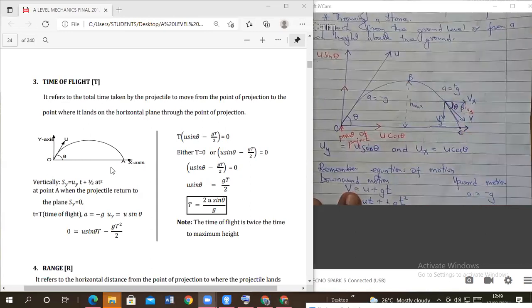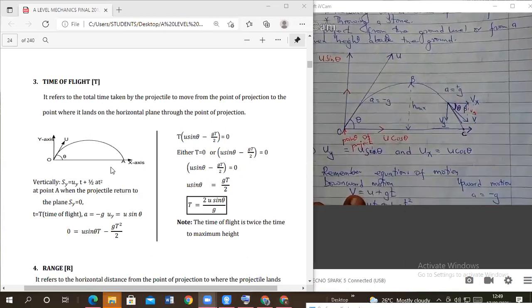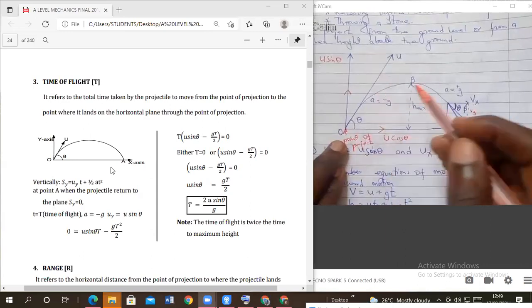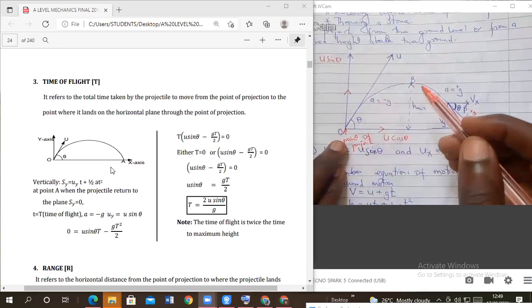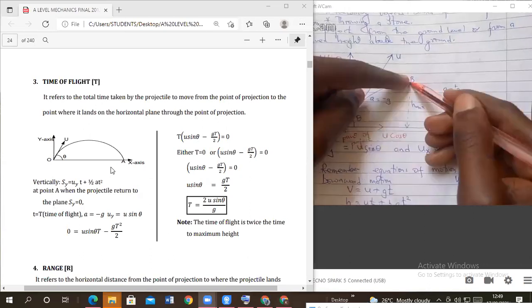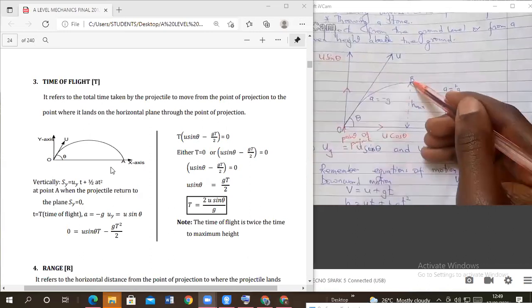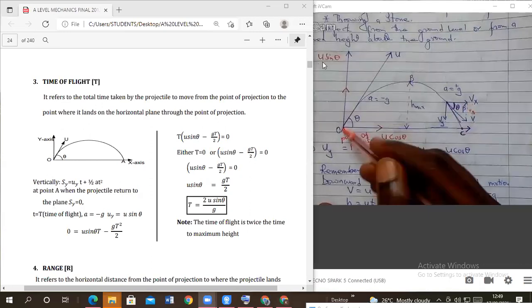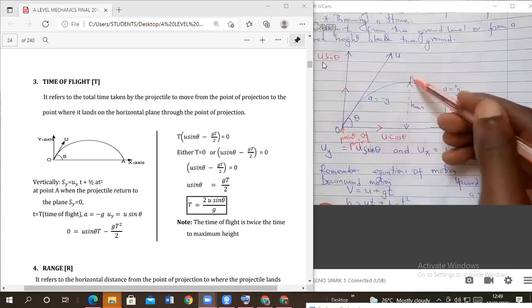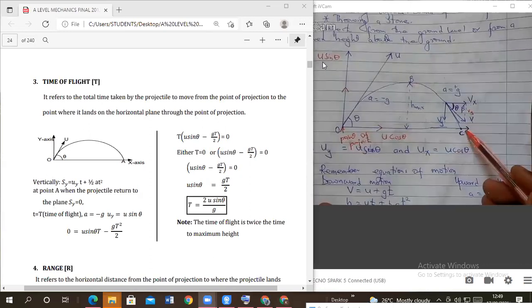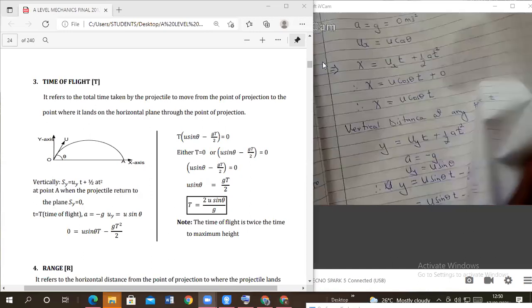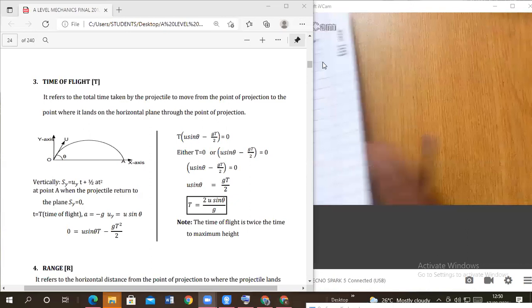But if you remember, when we are looking at vertical motion, vertically upward motion, the body is being affected by the same acceleration due to gravity. Which means the time taken to come back from point B is the same as the time taken to reach the maximum height. Do you remember that? Yes, the time taken to reach the maximum height will be the same as the time taken from the maximum height to reach the ground. Okay? So in a nutshell, we can say,